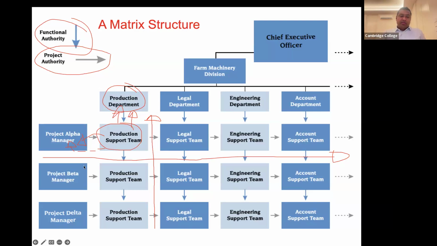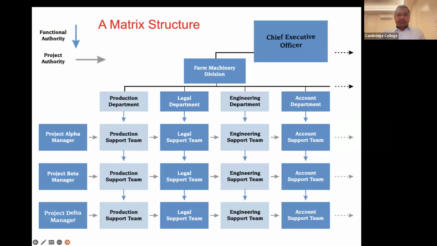Then sometimes the Project Beta head also wants you. So then you'll start reporting on this project to him. Then Project Delta will also want you. Now you have a dotted line reporting to this boss here. So globally, you get dragged into so many project teams, right? So many project teams, whilst you also have a direct reporting line for administrative purposes. So this is how most banks and global organizations operate today, especially in the IT space, where you have a lot of knowledge workers. They run what we call a matrix organizational structure,